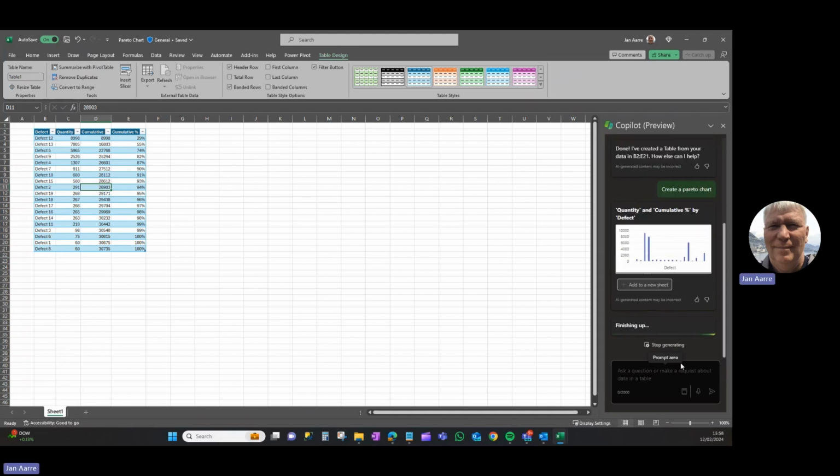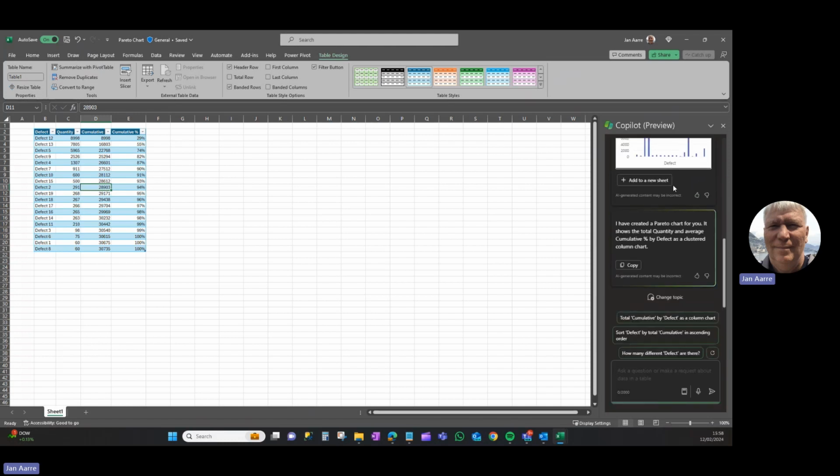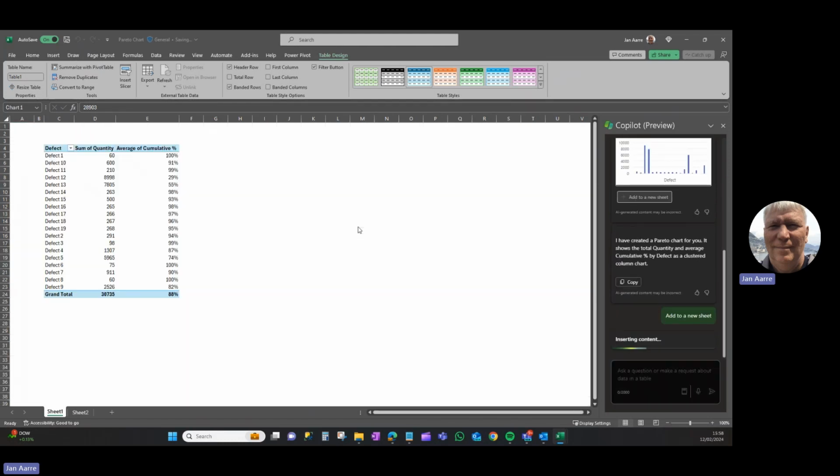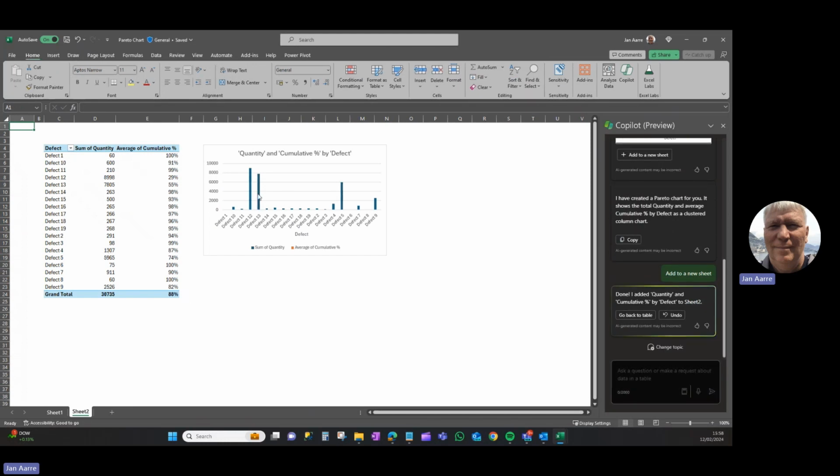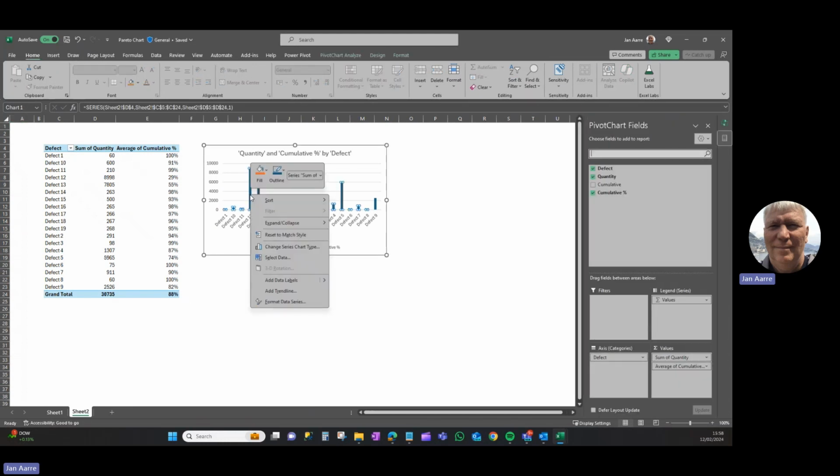Now, for some reason, it's not giving me a Pareto chart as such, but it gives me a graph that I will just say add to the new sheet. And here you can see. But what I can do is that I can then look at